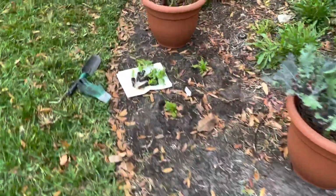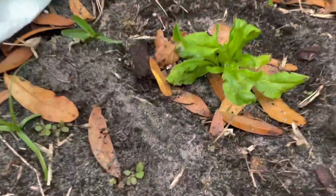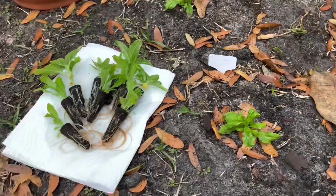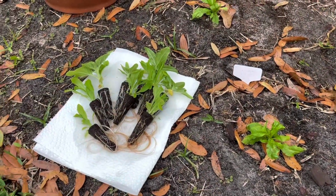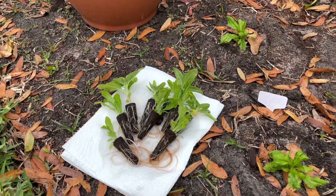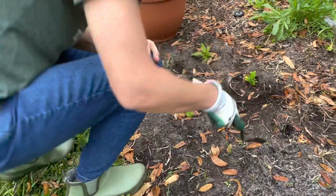And in the back, I'll plant the other zinnias and the cabbage. So I'll go ahead and plant them, put a little mound of dirt around them so that the water can stay in close to the plant and not just run off when I go to water it. And they'll be good to go. Yay. All right, and I thought I would just show you how when I transplant these,